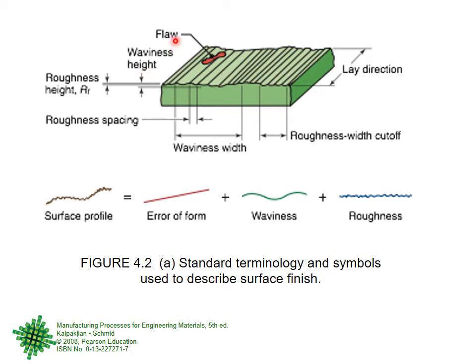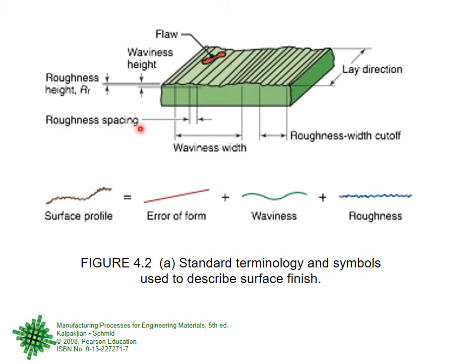right? So flaw is individual, only in one place or this place or that place. Roughness is overall on the whole surface, and waviness is overall on the whole surface. So these three: flaw is any surface defect on individual positions. Roughness and waviness is a general flaw pattern, roughness of a small size and waviness of large size.